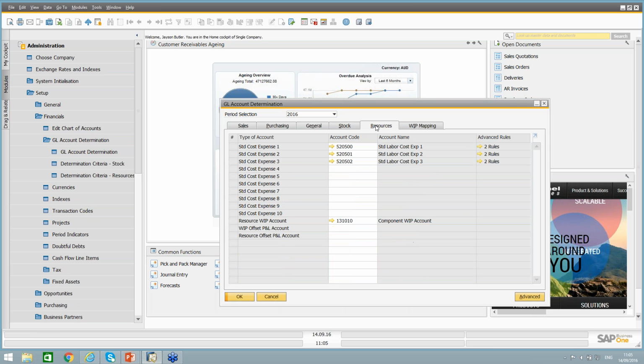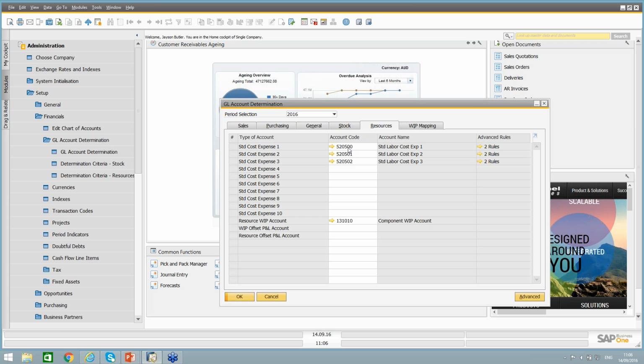If you go to the Resources tab, you can see now the 10 cost elements that we saw earlier, plus you can also define the work in progress account. So basically these are the accounts that will get credited whenever you issue a resource for production, and it's basically